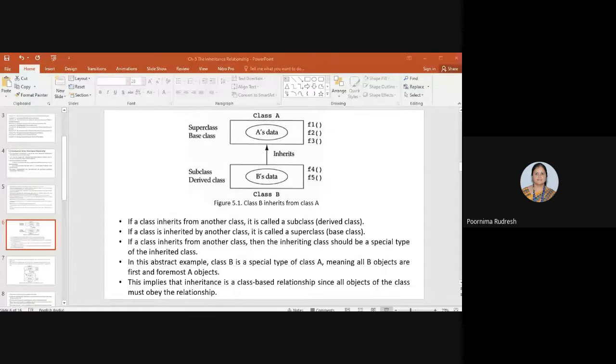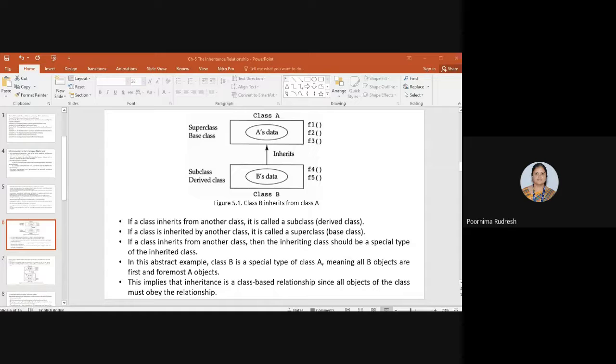Hence we have three types of access: public, private, and protected. Let me see how they are used in the inheritance relationship. Whether it is public, private, or protected, all three access areas contain data as well as function members.